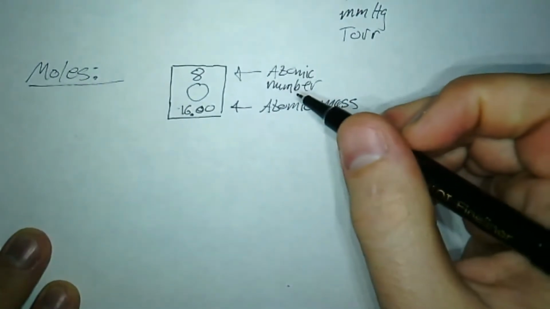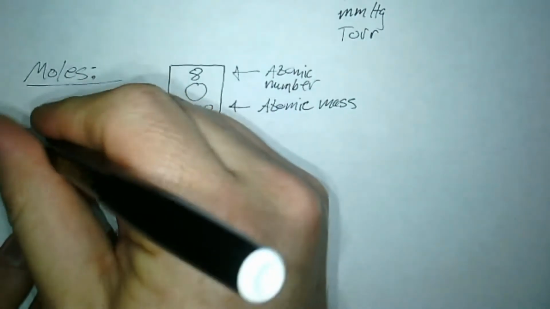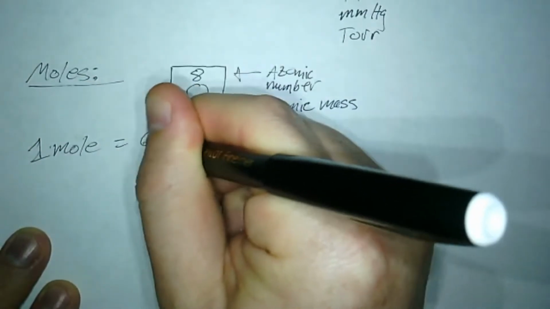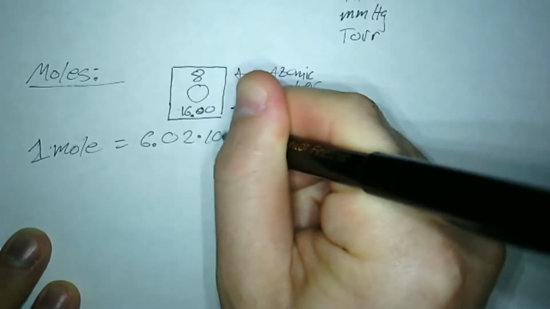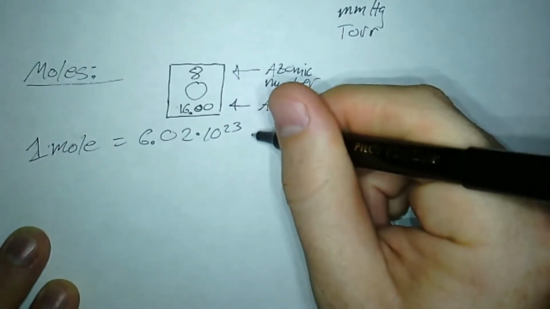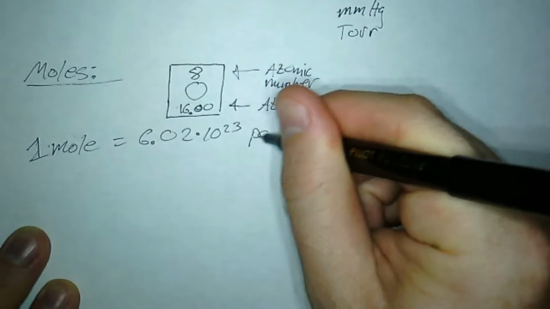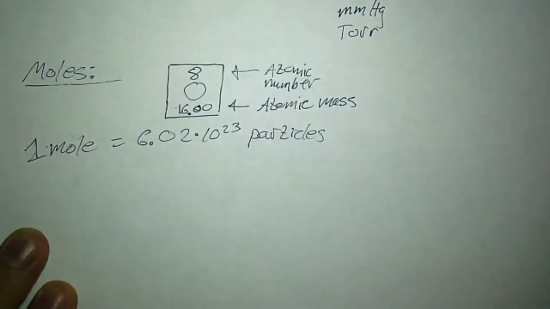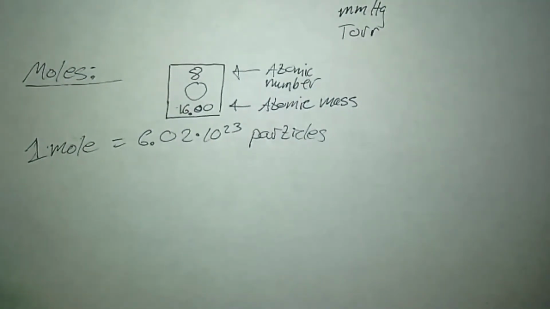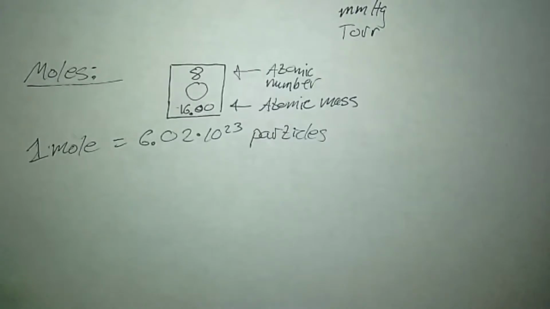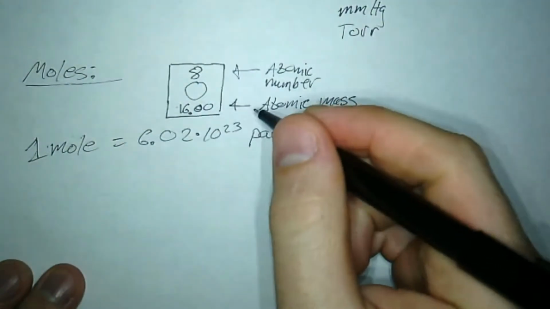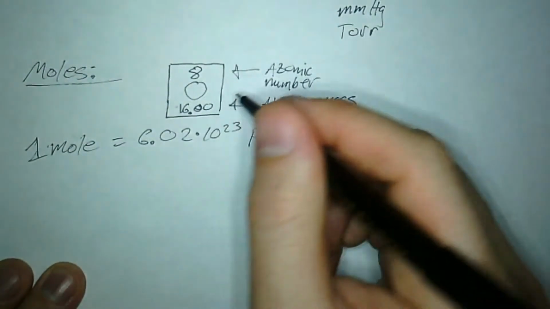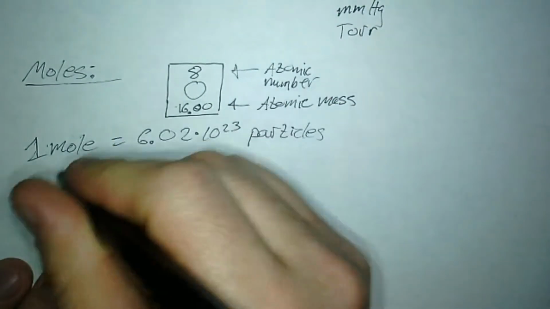And so what a mole is, a mole is 6.02 times 10 to the 23 atoms, molecules, or just more generally particles. So just like a big stinking lot of particles is what a mole is. And we want this special number though, because if I take 6.02 times 10 to the 23rd particles,